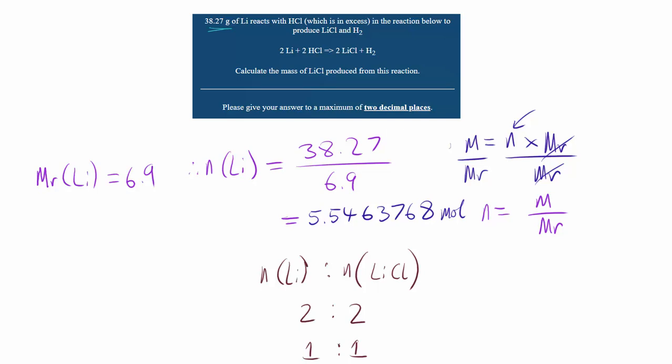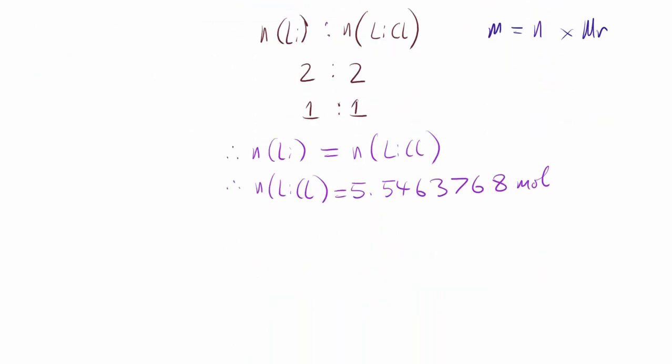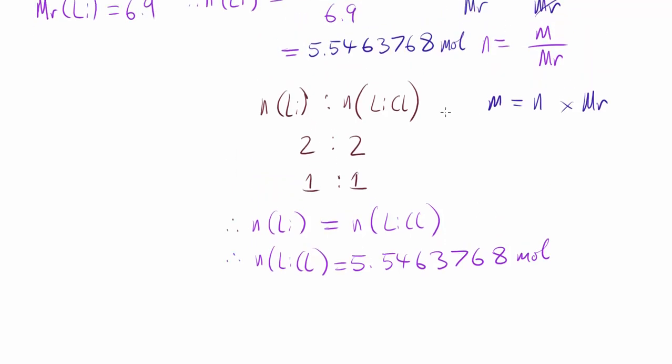We've been asked to calculate the mass of lithium chloride, which we don't have yet. We need to multiply the moles. In this case, we're trying to work out a mass, and as you saw from the equation, the mass is equal to the moles multiplied by the molar mass. That being the case, we can say that the mass of LiCl is equal to